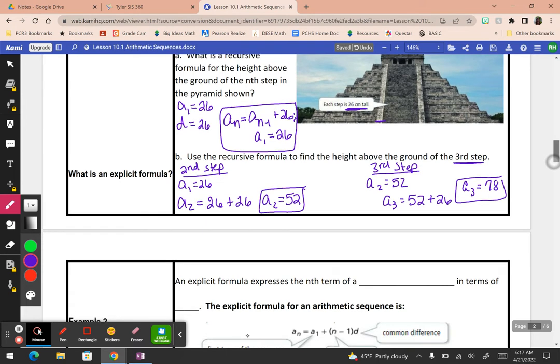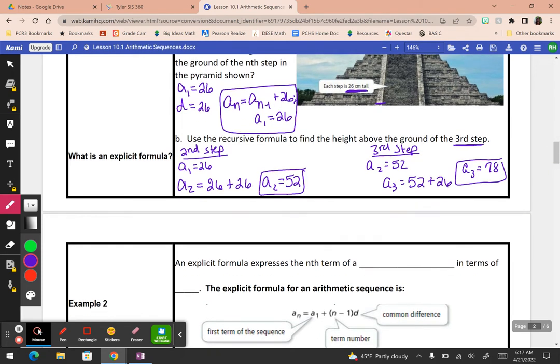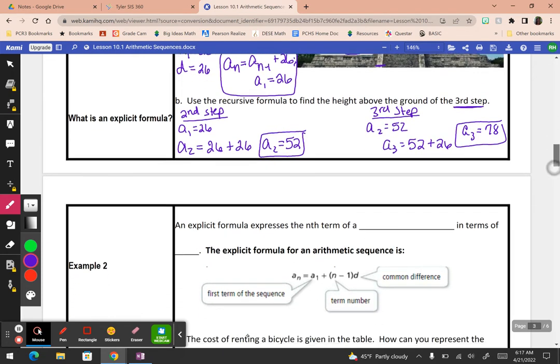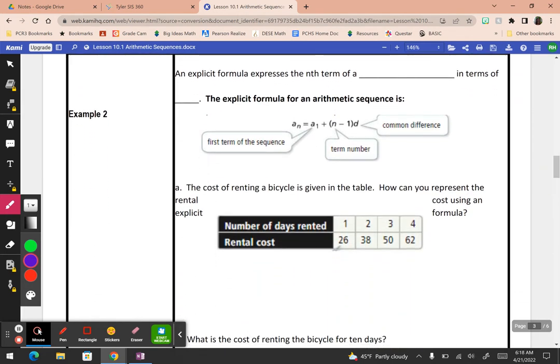Okay. So again, one before it, a sub n minus 1, so you're going back one from the one you have, and then add on the common difference of whatever it is that they are adding or subtracting by. Now, an explicit formula is the one that is the helpful one. We can find whatever term we want without having to know the one previous. So an explicit formula expresses the nth term of a sequence